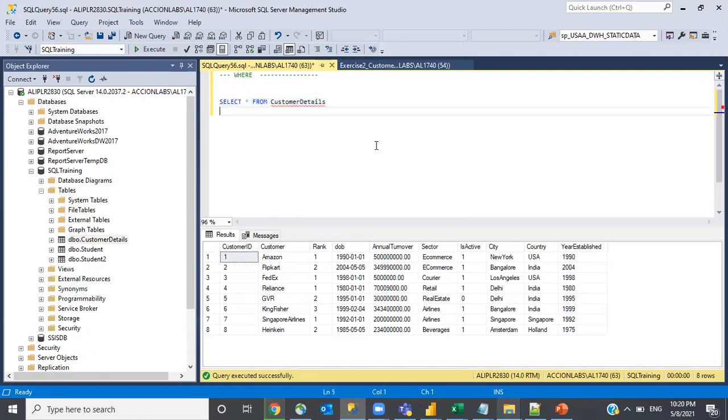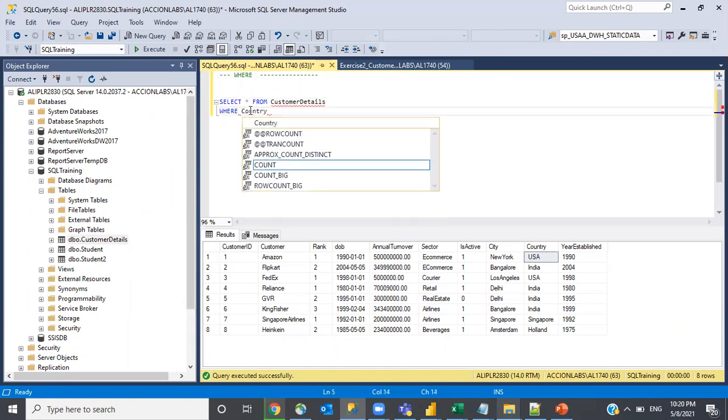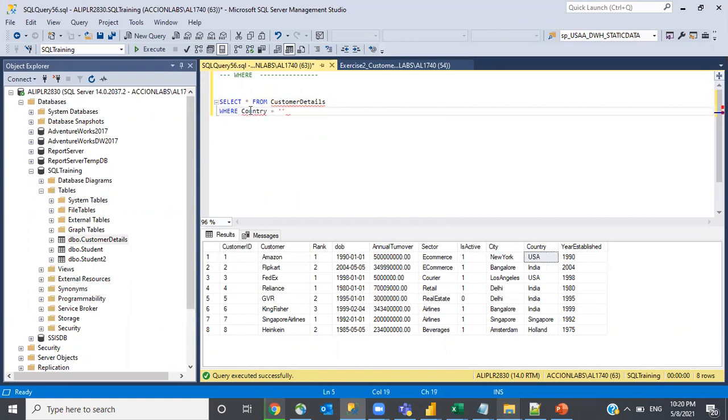If I want to do some filtering, like seeing only the first three records, or maybe only the USA records, then we need to filter this data. In SQL Server, to filter the data, we have the WHERE clause. Just use WHERE after the table name and write that I want to filter the country column only for the country USA.